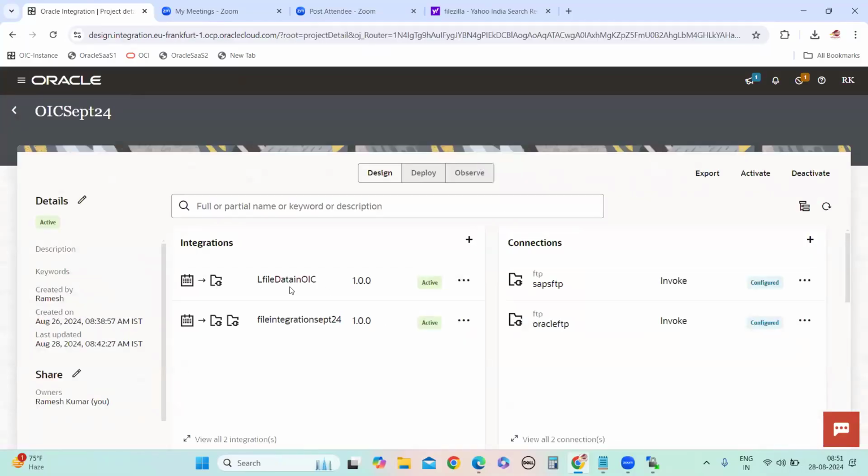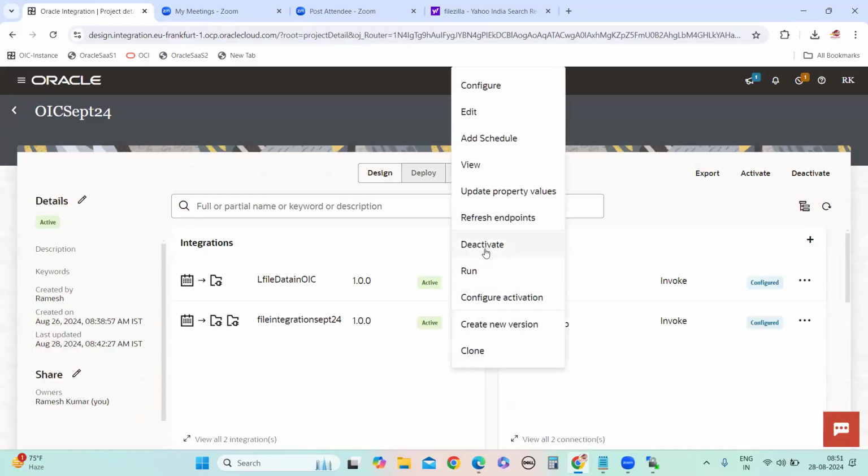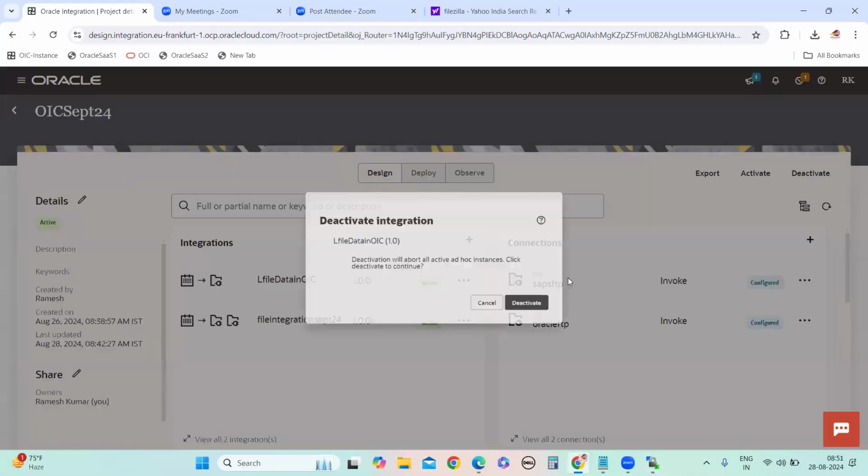So in this case, what we will do is deactivate. The process is running, right? You know deactivate, right? Deactivate.